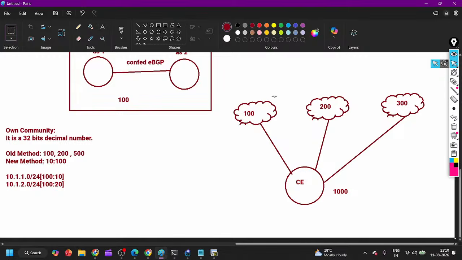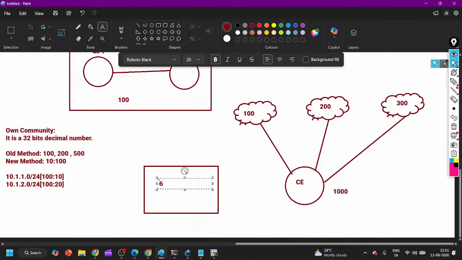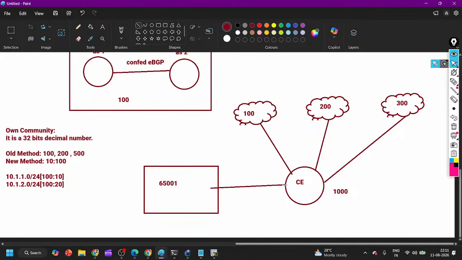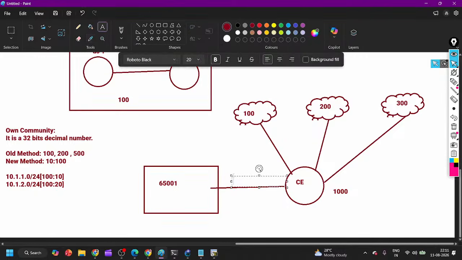And if you are thinking, why do I need to change the AS number on the customer side? Let's suppose there is another company where AS number 65001 is running, and I am merging this company. To receive all the prefixes here, I need to form an IBGP neighborship. And there are, guys, n number of reasons why we need to change the AS number. This particular thing is called AS migration